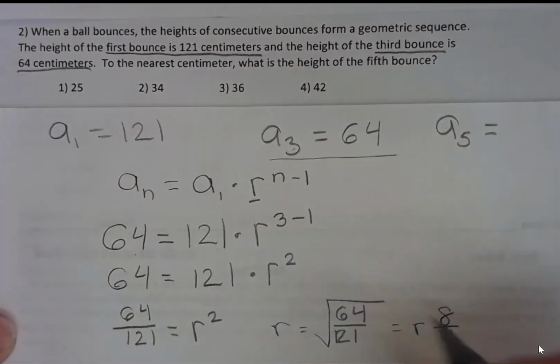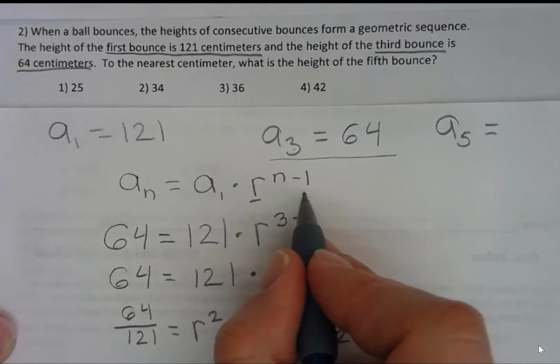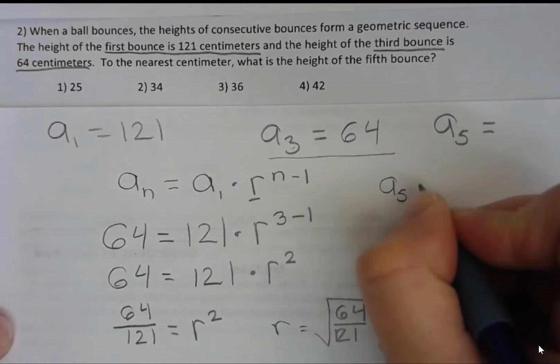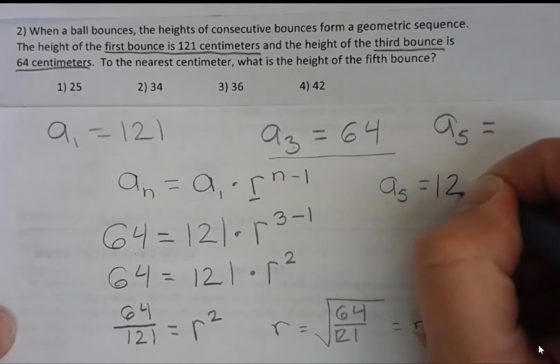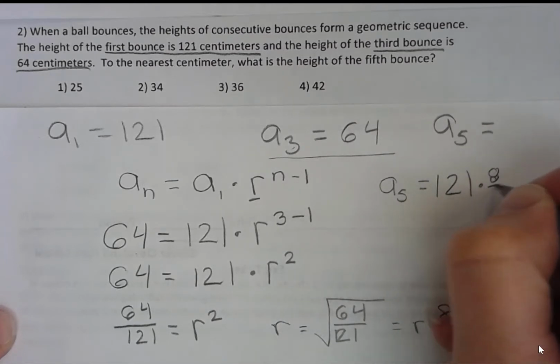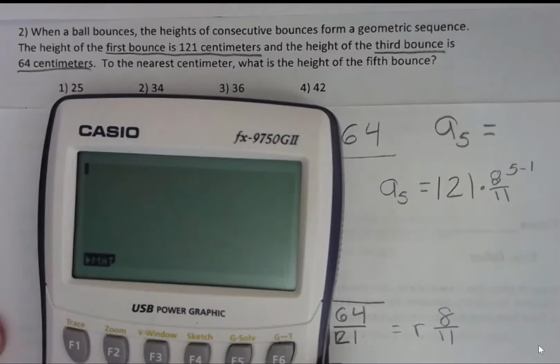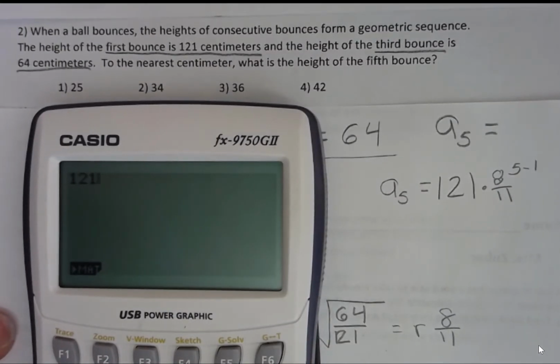So I can use r back in the formula, and we can now find the fifth term. Okay, so to find the fifth term, a sub 5, I would take the first term, 121, and multiply it by 8/11 raised to a power of 5 minus 1, or 4. So we can put that into our calculator. 121 times, I'm going to put the fraction in, 8/11 raised to the 5 minus 1, which would be the fourth power, and we get